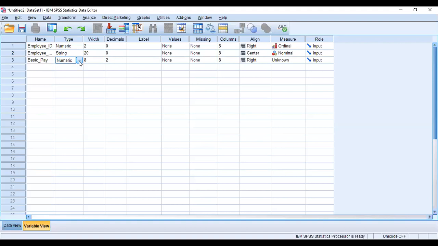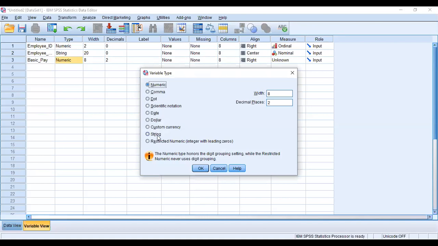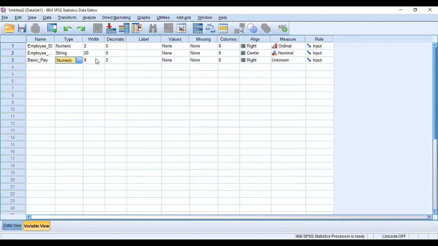There is a payment, how much salary they are getting. So what type of variable is it? It is a numeric variable. We can select numeric.